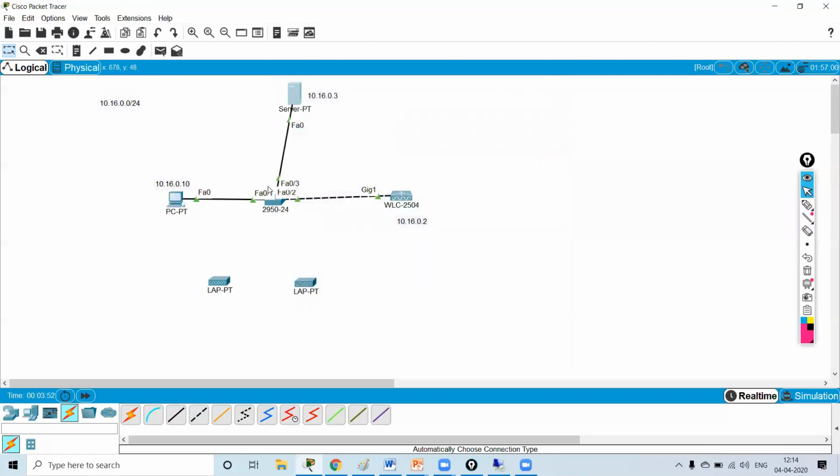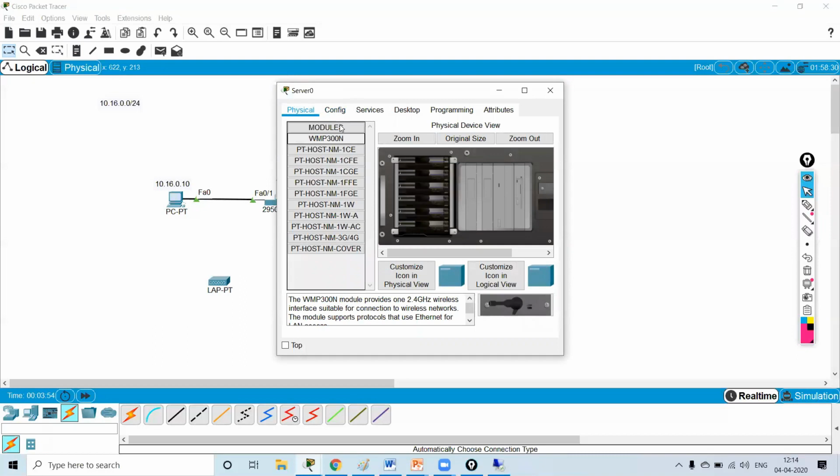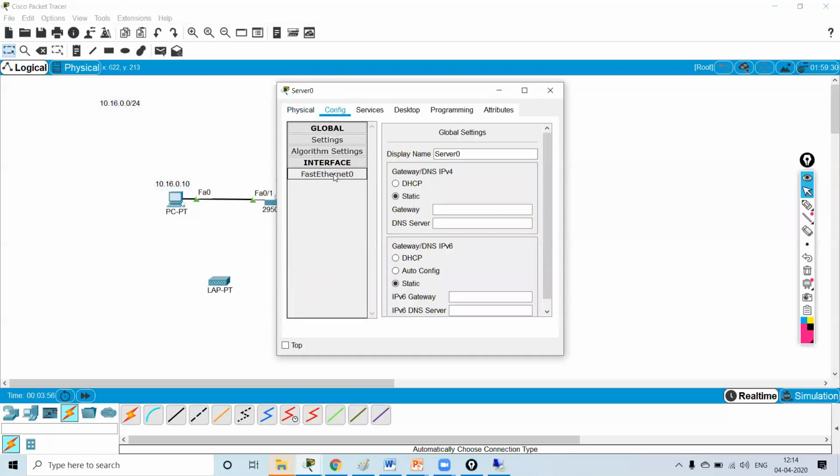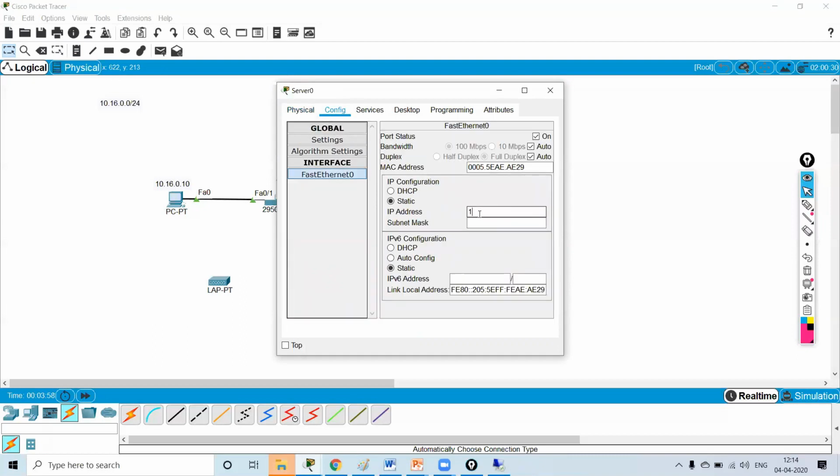Now I will go on the server. I will go on FastEthernet and set the IP 10.16.0.3, as per our plan.